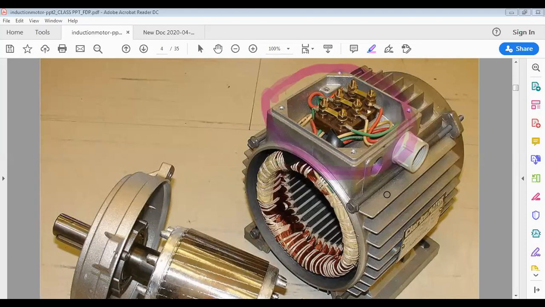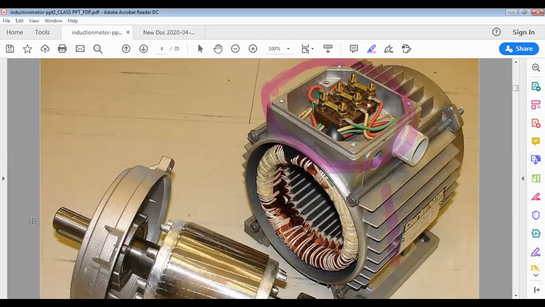Okay, the outer metallic cover, all of you can see, at the top the terminal box is there. Here see, this one is the shaft, this one is the end bell. Bearings also you can see here. This is the rotor. 2 types of 3-phase induction motor are there. In both the types, stator construction is the same. The different construction is only of the rotor. So whatever the rotor all of you can see here, it's a squirrel cage rotor. And another type is the slip ring rotor. You will see the difference.